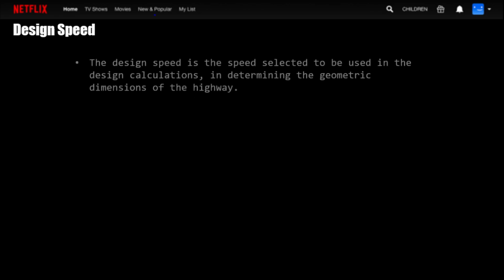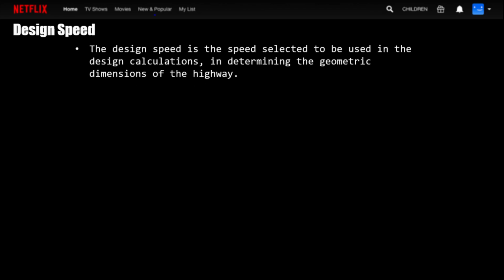My report is all about design speed, current speed limits, speed implications, speed restriction signs, highway capacity, classifications of highway, and accident information. Design speed. The design speed is the speed selected to be used in the design calculations in determining the geometric dimensions of